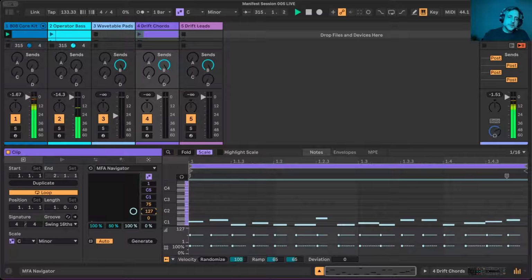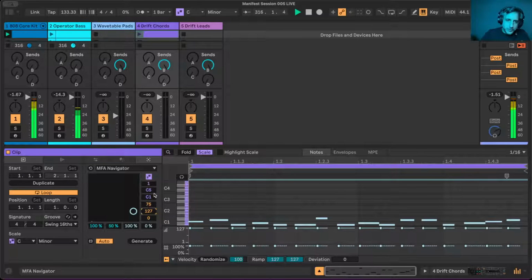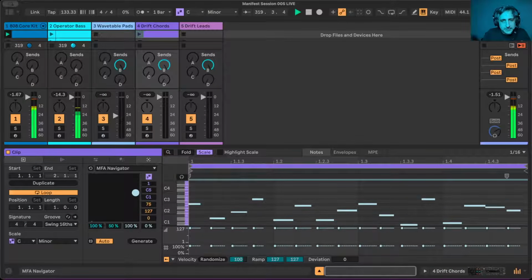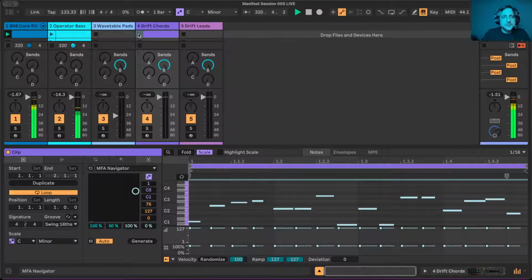I tend to prefer the lower notes closer to C1 to be higher velocity than the high notes, which I think should be a little quieter, a little more gentle. Anyway, let's hear how those are sounding. It's gonna be too busy. I know that right off the bat. But oh, I said we were gonna do chords, didn't I? Well,